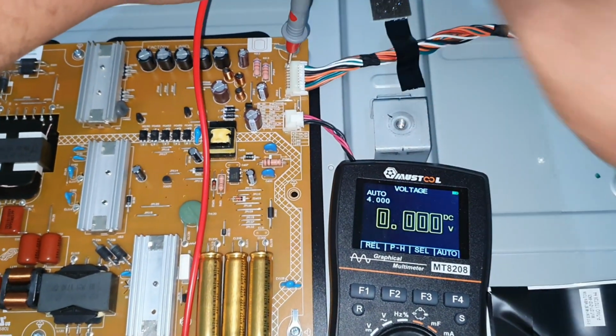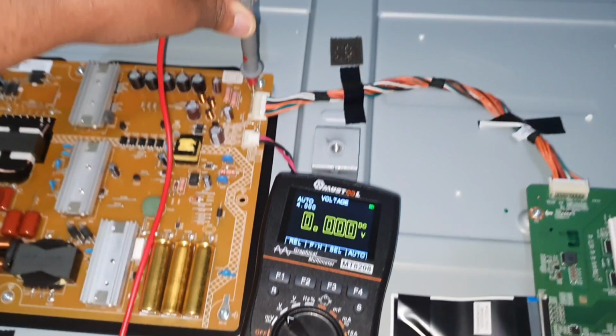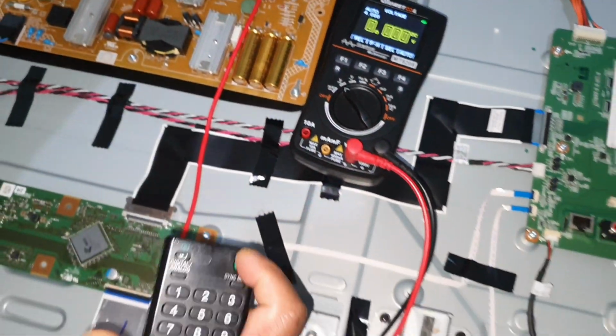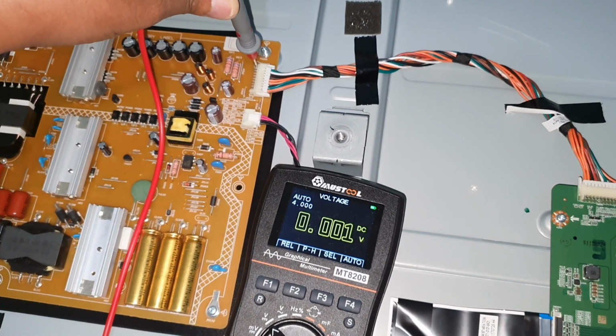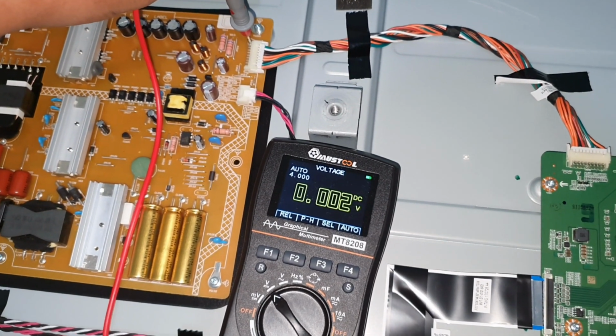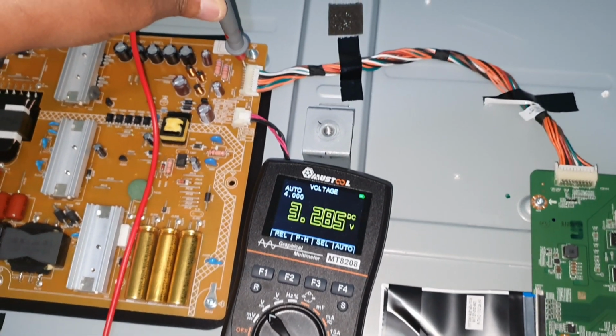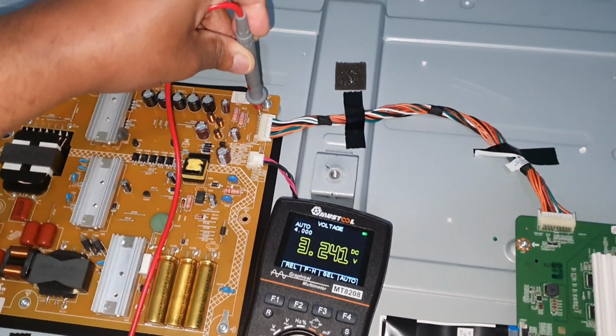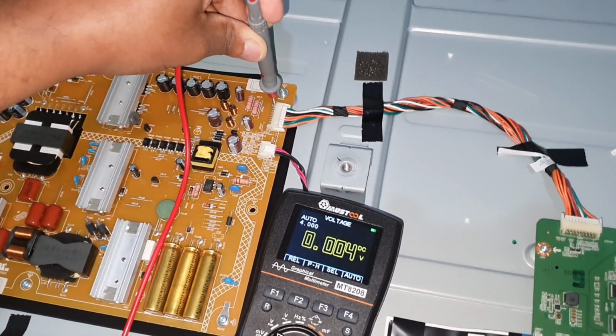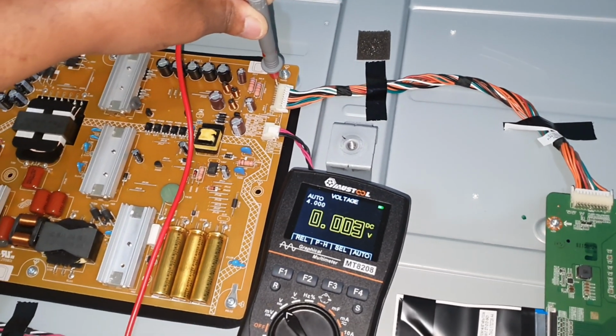Okay, I turn on the main power. Now I'm going to turn on the TV using the remote. Okay, now TV is turned on. See, the backlight voltage is 3.3. So the backlight turn on signal coming from the main board, now it's